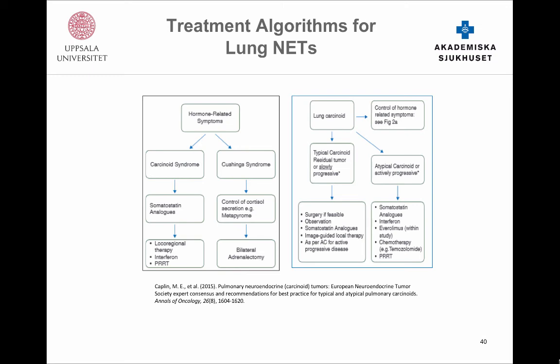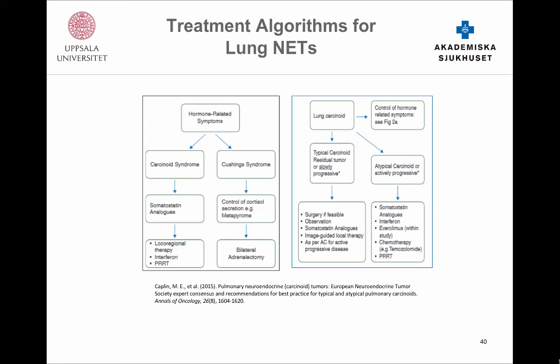If you look at the control of the tumor growth, and we have the typical lung carcinoid, we have, of course, surgery as first line. You can also have observation if you have a very small tumor, slow growing, not happening anything during the 3 or 6 months observation period. But otherwise, you go for somatostatin analog, and then if that is not enough, you can add on top of that either interferon or everolimus, Afinitor. If you go to an atypical carcinoid,